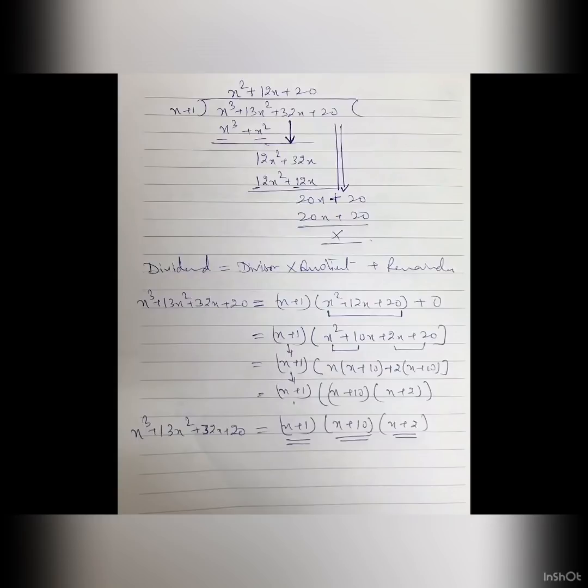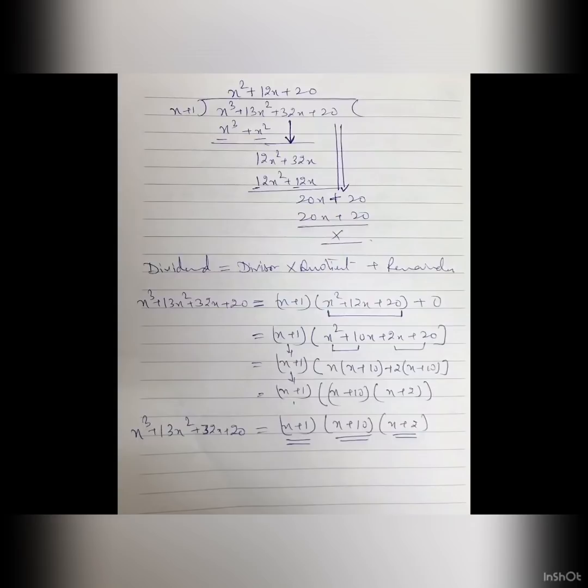First is x plus 1 and second is quadratic polynomial x square plus 12x plus 20. So again we have to write this as a product of linear factors by splitting the middle term. Here the middle term is 12x and the product of numbers should be 20. So the factors are 10 and 2. When I add 10 plus 2, I'll get 12x, and when I multiply 10 and 2, I'll get 20. So x squared plus 10x plus 2x plus 20, take x common, it is x into x plus 10. From the last two terms, take 2 common, it is again x plus 10.